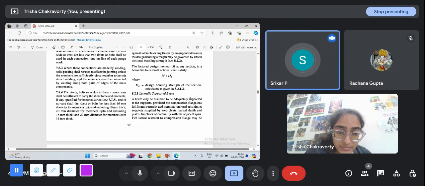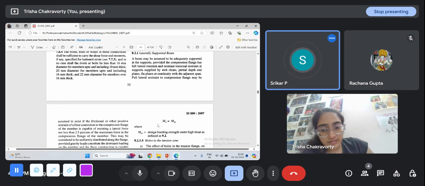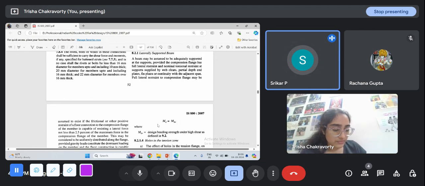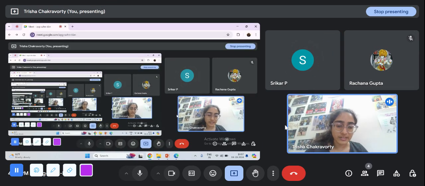Maybe after reading again, I thought laterally supported should mean continuously supported, and with stiffener plates it is different. Even if stiffener plates are there, we will consider it as unsupported, but for that particular LTB effective length we will calculate our moment strength, and until it is higher than the moment coming on the beam, we will keep decreasing the stiffener length, I guess. Yes, that's an iterative process.